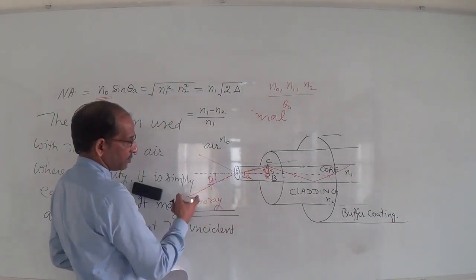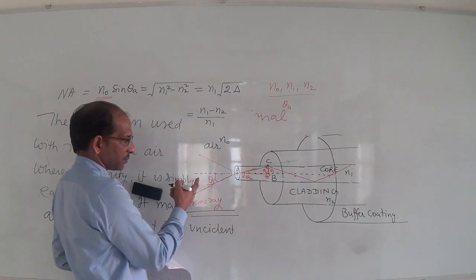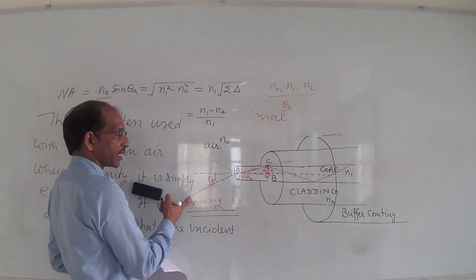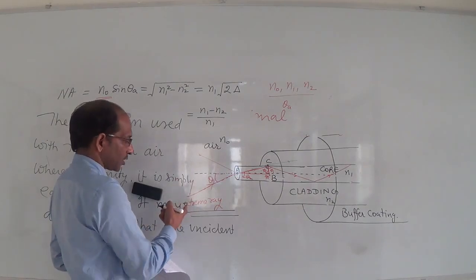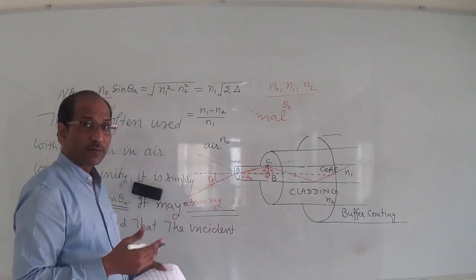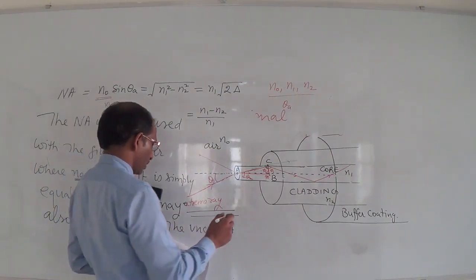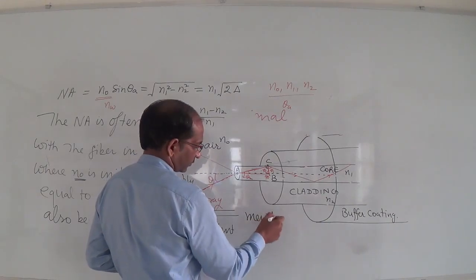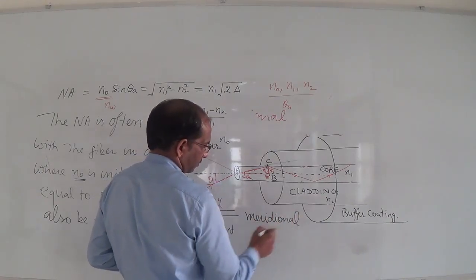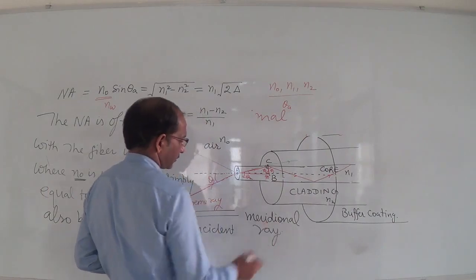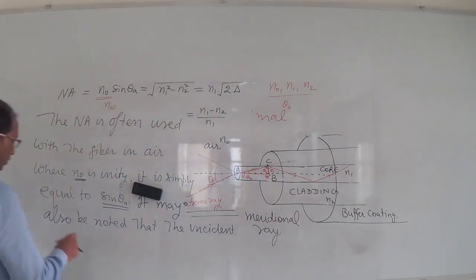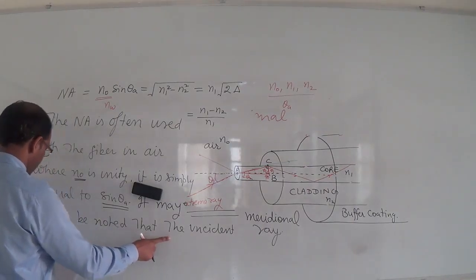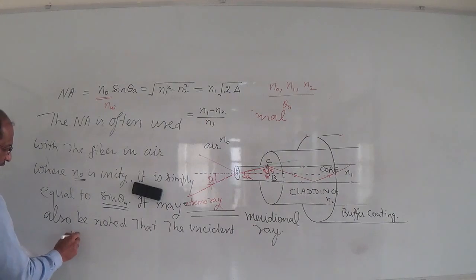This is the extreme ray which makes the maximum angle theta A, right? So this extreme ray which enters with the maximum angle is known as the extreme ray and the meridional ray. So it may also be noted that the incident meridional ray